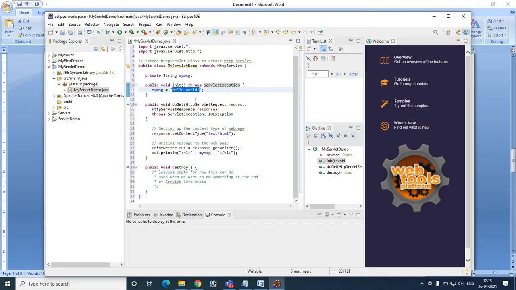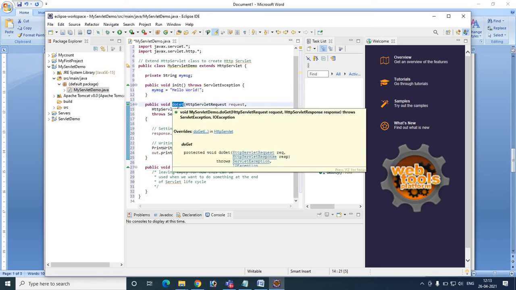And in order to get the request, we can either use the doGet method or the doPost method, that is our own choice. We have seen the difference between get and post. If it is get, the request will be concatenated in the address bar itself. If it is the post method, the request will be sent to the server in a separate tunnel.